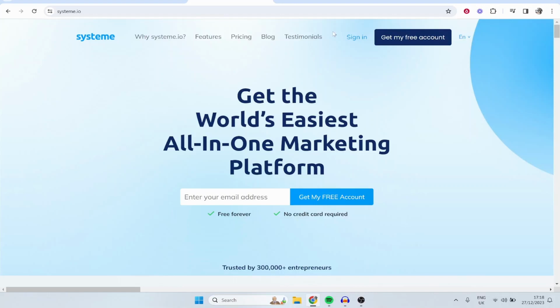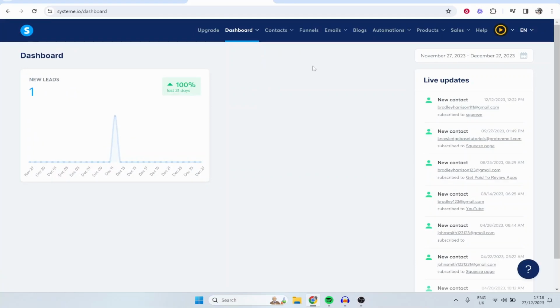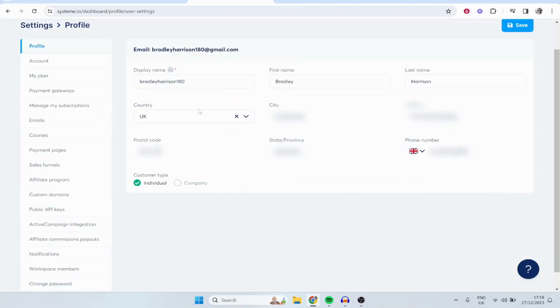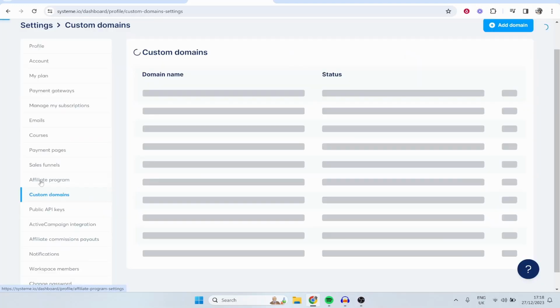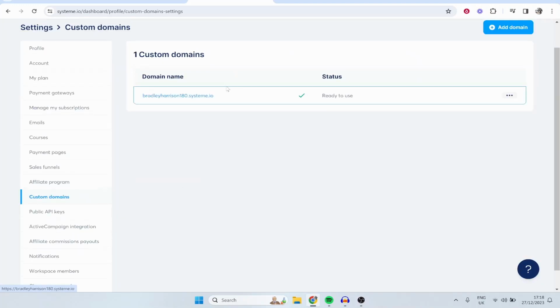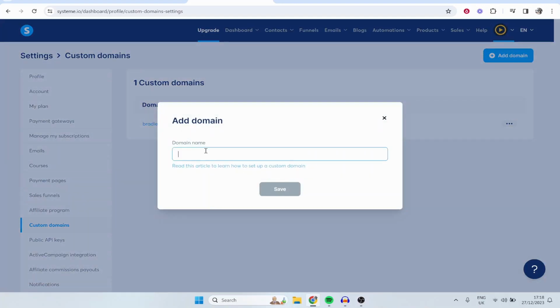So we're going to go to system.io and I'm going to sign in and I'll meet you on the dashboard. So in fact, here we are. Once you're on the dashboard, you want to go to your profile icon, then head over to settings. Once you're inside the settings, scroll down and you want to see custom domains on the left. Click on custom domains and by default you'll have one added, and that will be your default username.system.io. So here we can go to add domain and what you want to do now is type